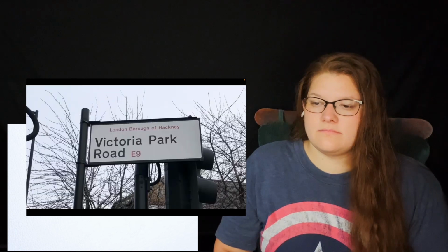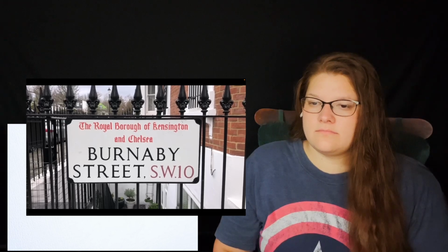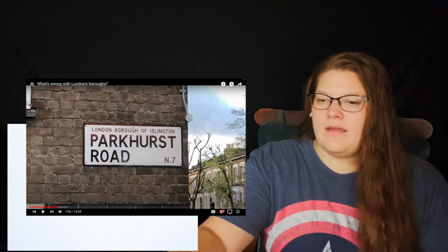Perhaps the easiest way to tell which borough you're in is by looking for the nearest street sign. Each borough does theirs in a different style. Bromley uses white letters on a green background. Hackney uses lowercase letters, the only borough to do so. Kensington and Chelsea uses a cluttery mix of fonts with distracting commas and dots. Tower Hamlets uses a rather ugly variant of Times New Roman with slapdash inconsistent kern pairs. Islington uses a humanist sans serif with wide...